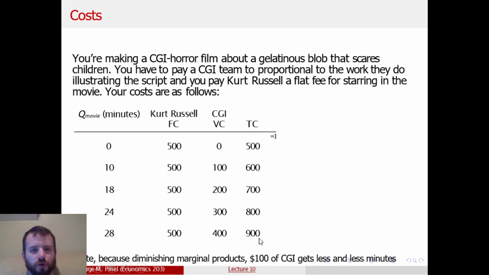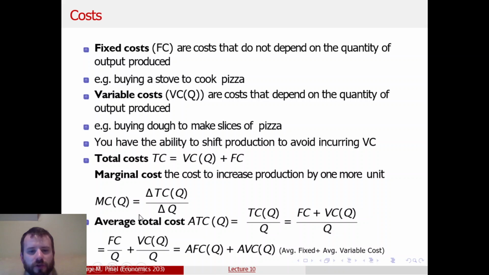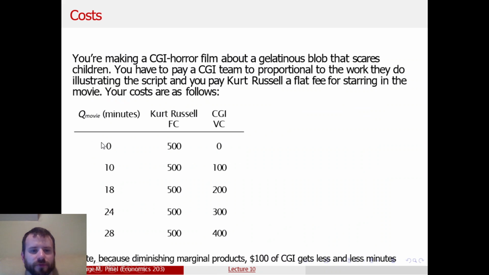If I asked you for average fixed cost, what would that be? You take the fixed cost and divide it by the quantity, right? So you can't do this one because it's 0. You can't divide by 0. But from here, you have 500 divided by 10, so that's 50. 500 divided by 18, sorry, I don't have this off the top of my head, should be 27.78. 500 divided by 24,